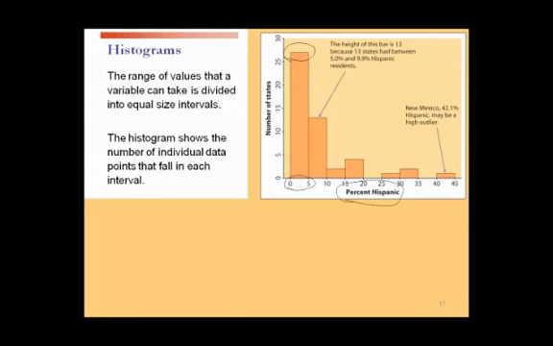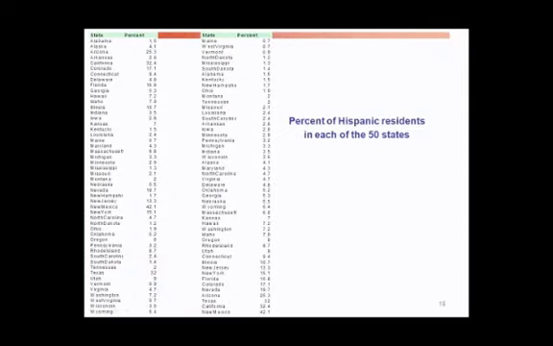In this particular case, there are approximately 27 states that have a Hispanic percentage between 0 and 5% of their state population. There is one state, in this case New Mexico, that has a Hispanic population between 40 and 45%. So we can actually go back to the previous slide, and New Mexico,